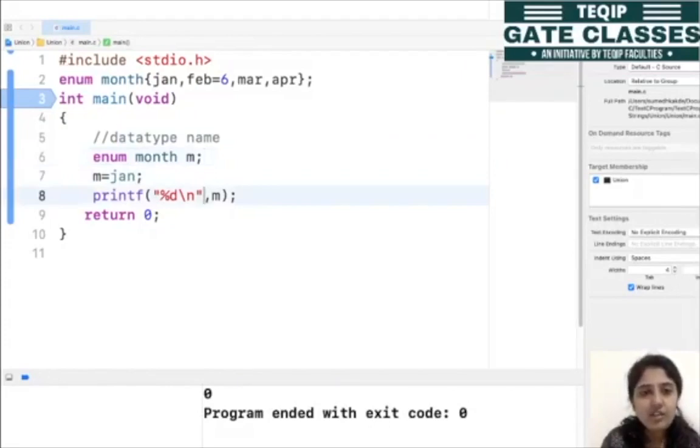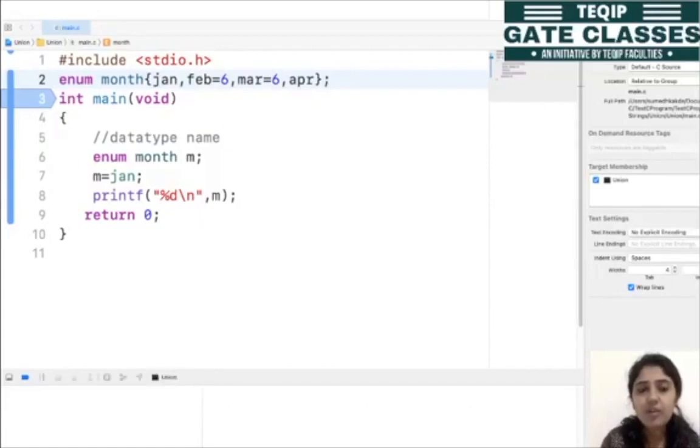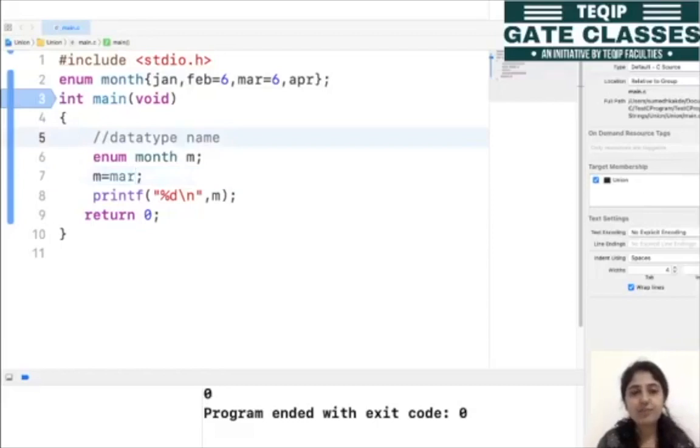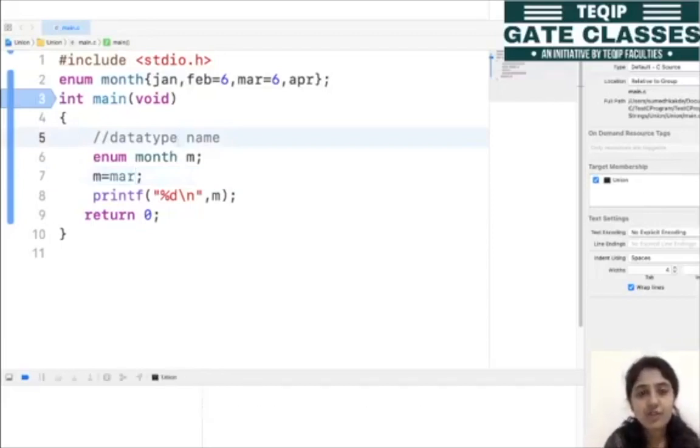The third feature is that we can have the multiple enum names with the same values. तो यहाँ पे जैसे मैंने फेब को भी 6 वैल्यूज असाइन कर दिया और मार्च को भी 6 वैल्यूज असाइन कर दिया, so this is totally fine. So even though we run this program, our program will compile and execute successfully, है ना? So why we got this 0? Because यहाँ पे जनवरी यहाँ पे असाइन किया था. So if we have assigned like this March, so we'll get the output as 6, right? So this is our next feature कि more than one enum names can have the same values.